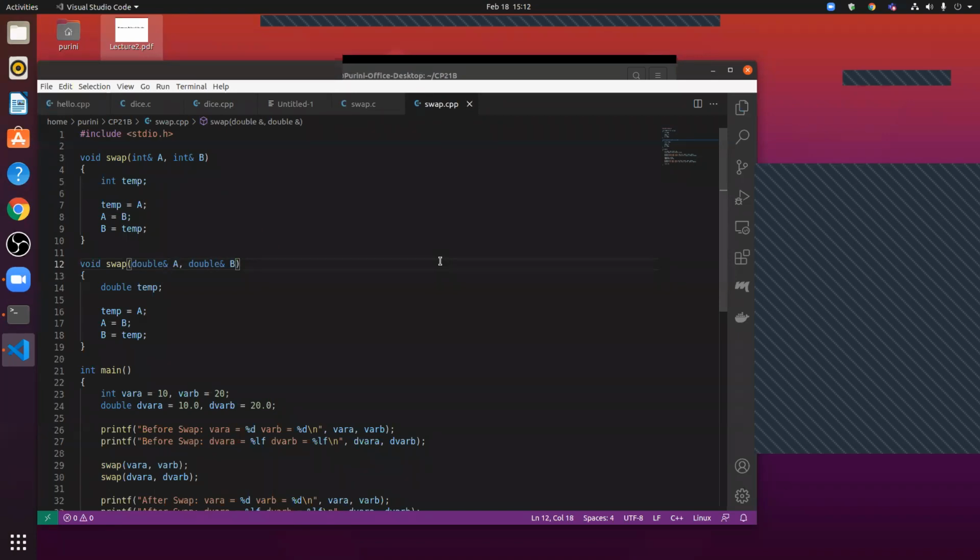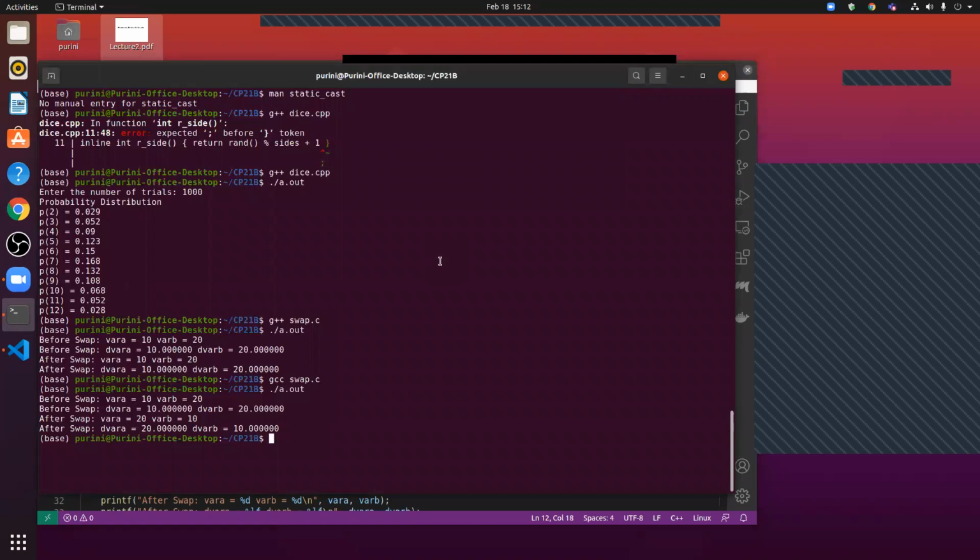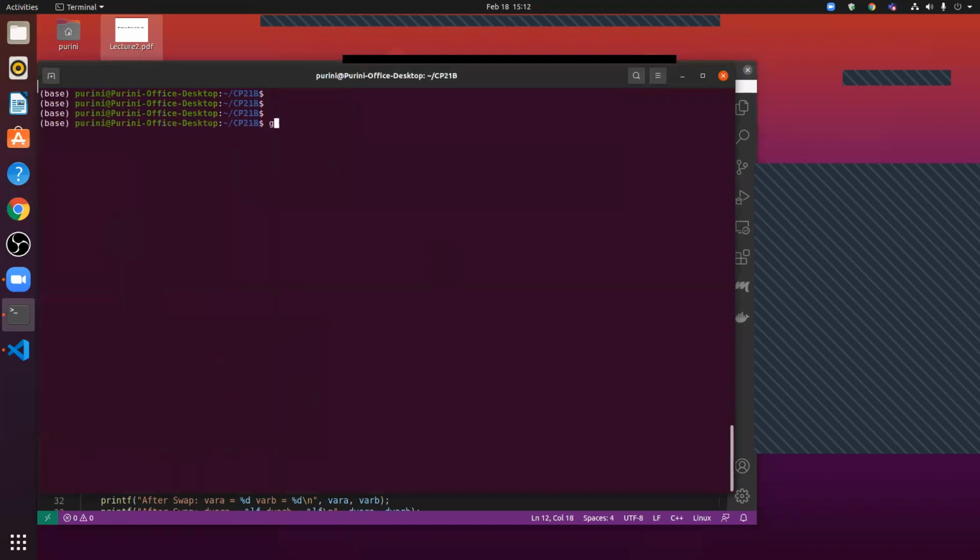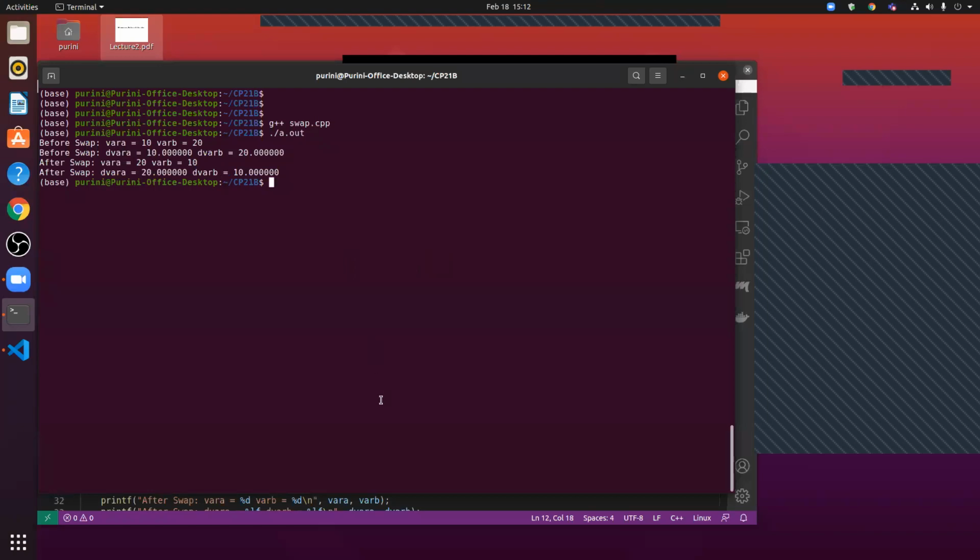So now let's compile this program and see what happens. g++ swap.cpp. This is the cool part, I would say. See, the variables got swapped: 10, 20, 20, 10. All good? Happy?